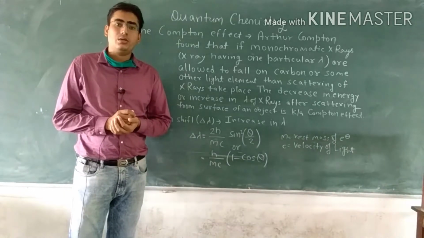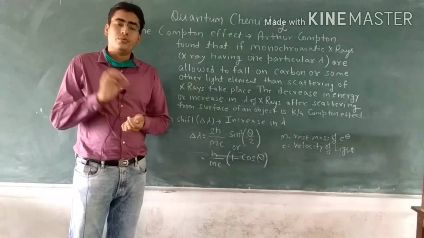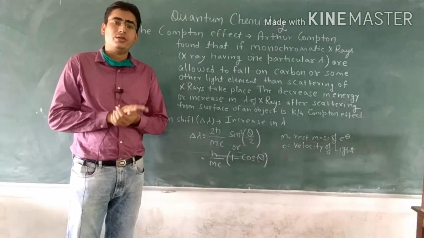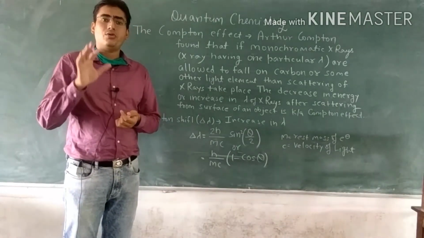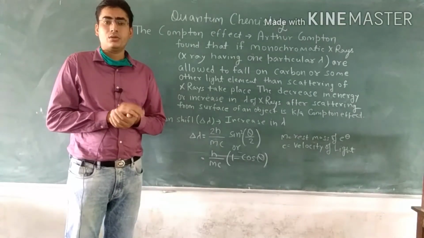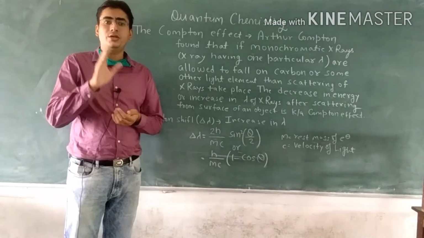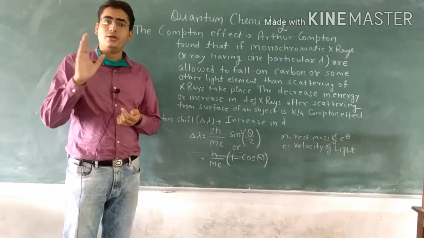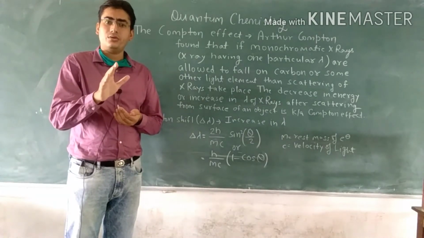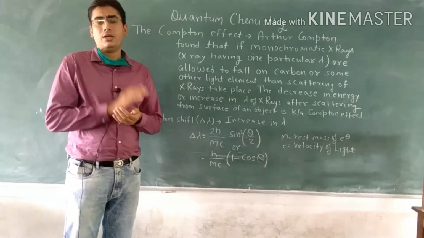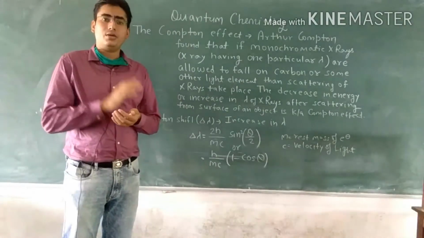Now we understand the next experiment, the Compton effect. In the Compton effect, when monochromatic X-rays strike carbon or a lighter element, scattering of the X-ray takes place. What is the reason for the scattering of X-rays? It is that there is an interaction between the X-ray and the electron. That means the electron also has a wave character, and it tells that the electron has a dual nature, wave nature and particle nature.